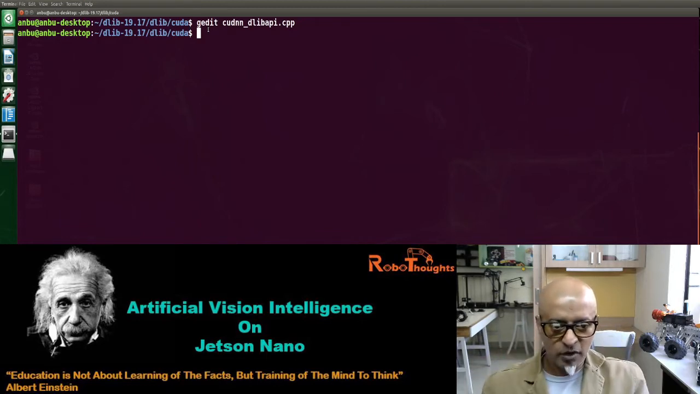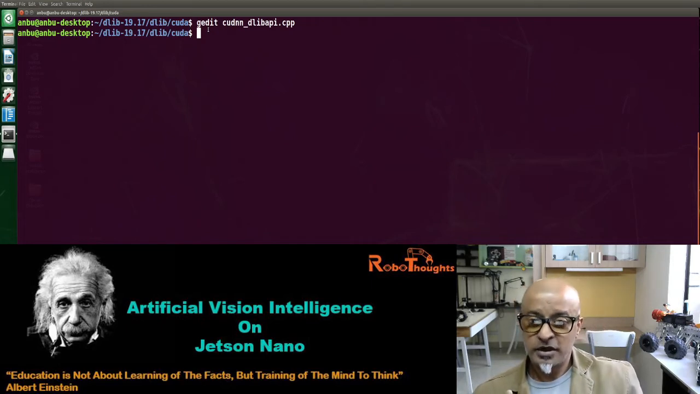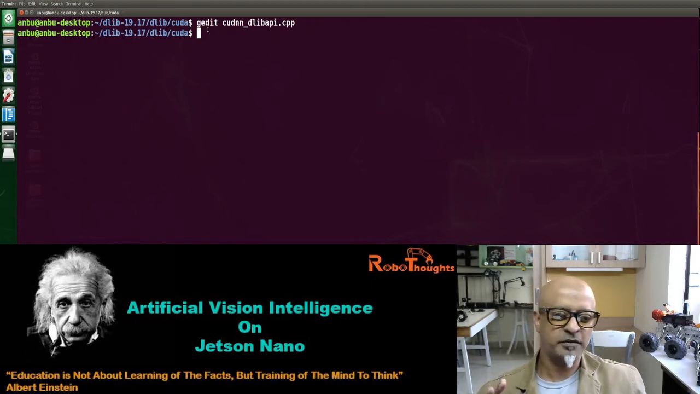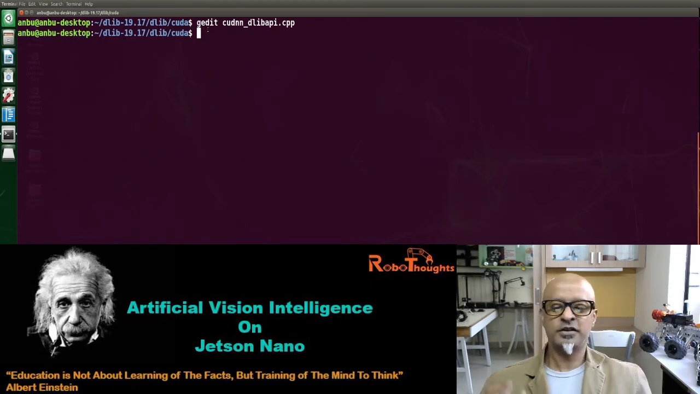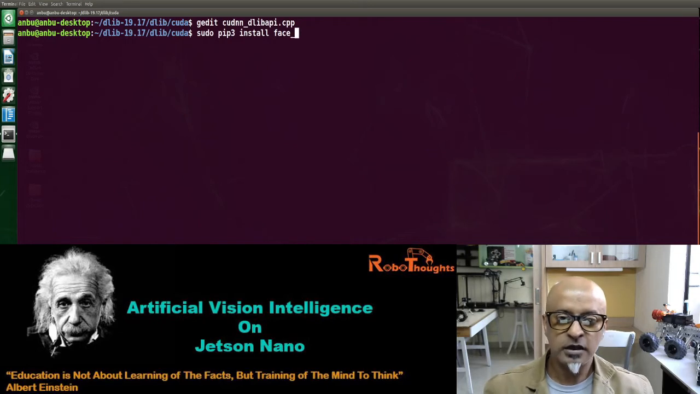I'm going to leave all this in the description below, so make sure that you follow this step by step. Once you are done with this, the last and final, this is going to take probably about 45 minutes easily, guys, to run. And this is your most important facial recognition algorithm. So the command is sudo pip3 install space face_